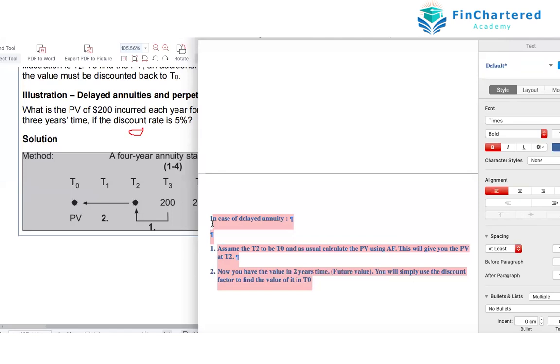I hope this method makes sense. Remember, don't study to pass the exam, study to gain knowledge. Somebody who is using this method needs to know what this method is and what is the common sense and logic behind it. Did everybody understand the logic behind this method? Yes or no? Just let me know.